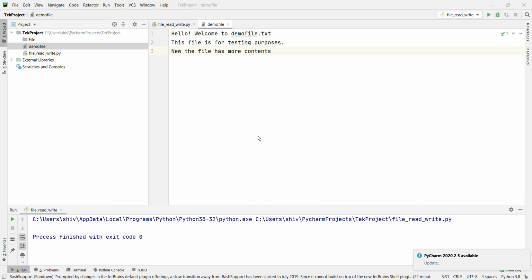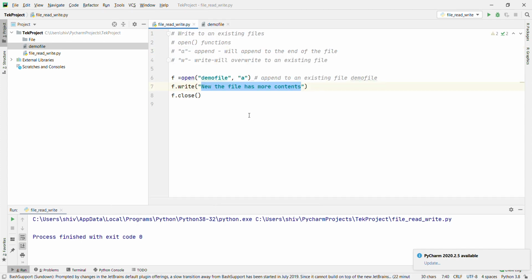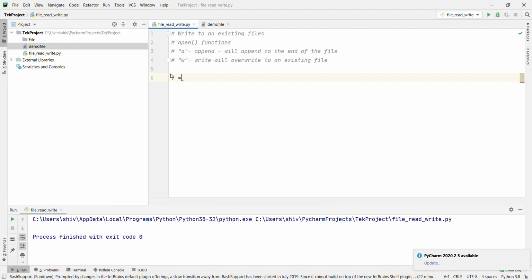Now I'm going to show how to overwrite the contents. Let's remove this. Now the same file we are going to open with overwrite, and for that we have to use W. Enter f.write.